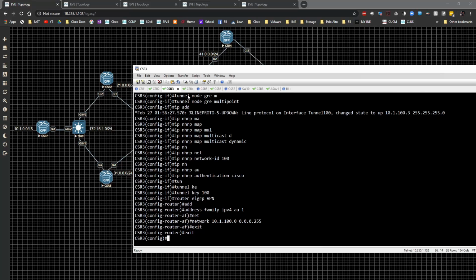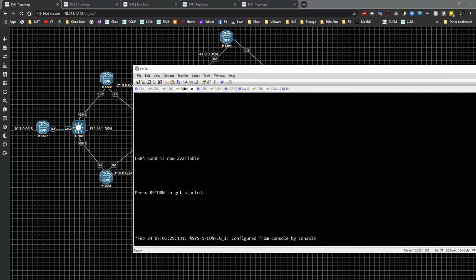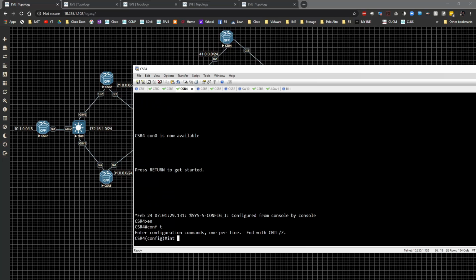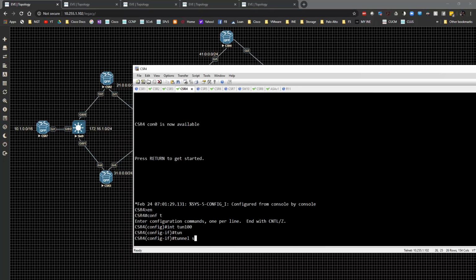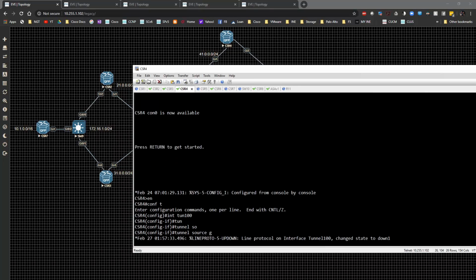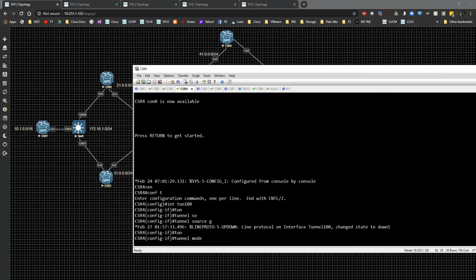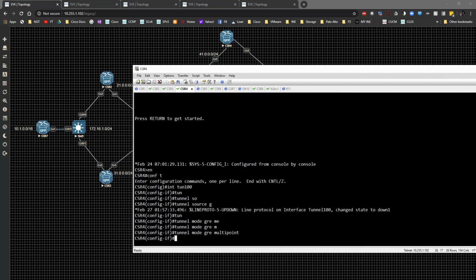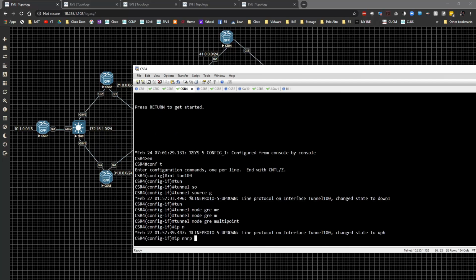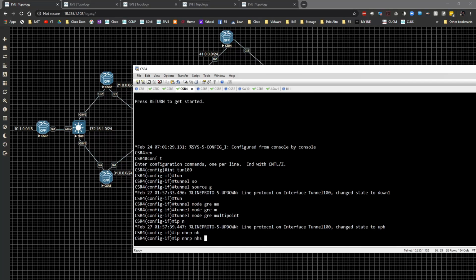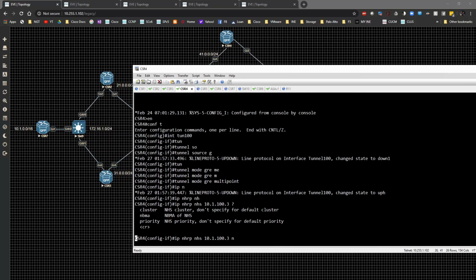So on 4, I'm going to do interface tunnel 100. Tunnel source is going to be gig1. Tunnel mode will be GRE multipoint. The ip nhrp nhs will be 10.1.100.3